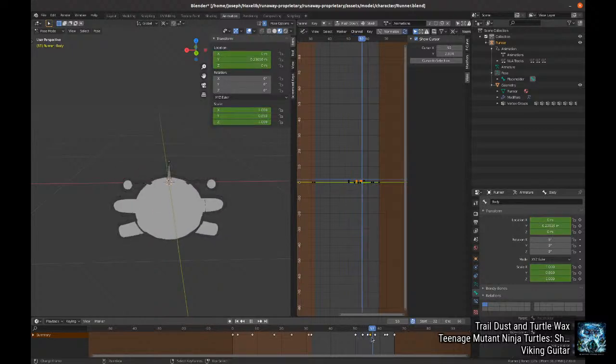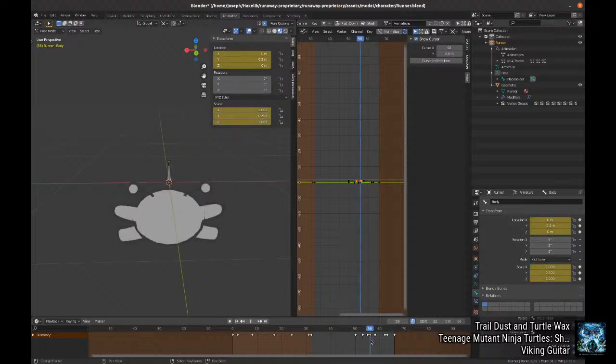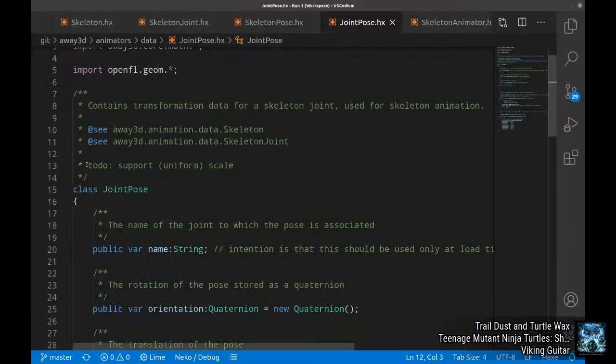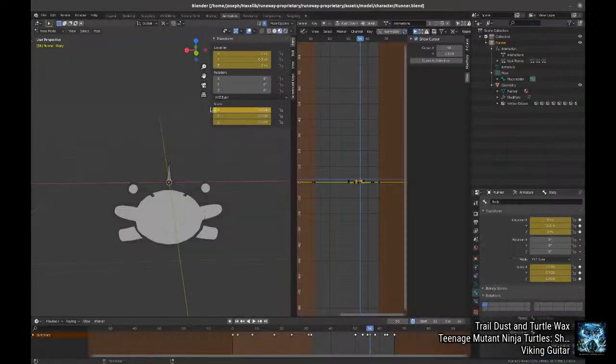Because Away3D doesn't support it, and the game renders using Away3D. And I mean, they recognize this as a problem because they have a TODO. It's a note that you leave in the code when you don't have time to make a feature, and you gotta leave it for later, and that's okay. The problem is this word, uniform. What uniform scale is